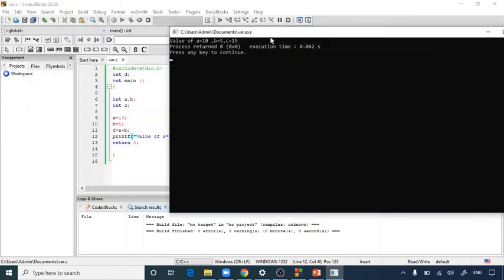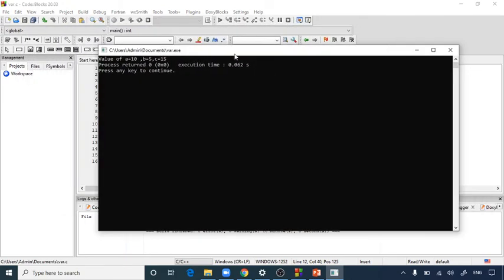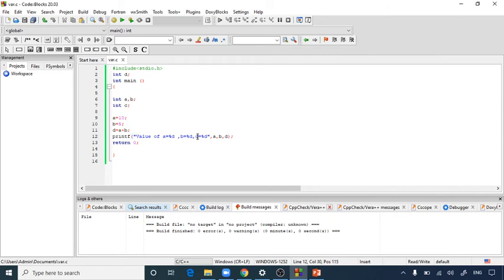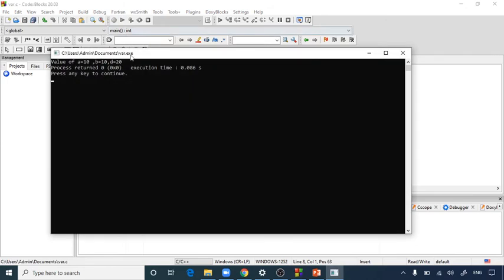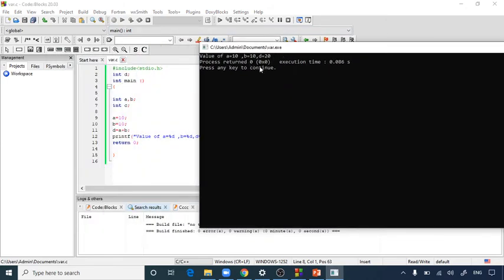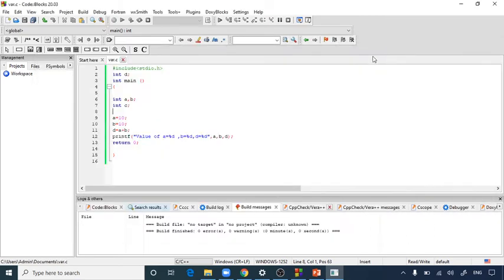We have not changed the printf statement here. It must be d here. And if I change the value of b to 10, let's build and run it again. As you can see, 10 plus 10 is equal to 20. A global variable can be accessed by any function. That is, a global variable is available throughout your entire program after its declaration. Once you have declared it, you can access it anywhere in the program, at any line. This is the facility of global variables.